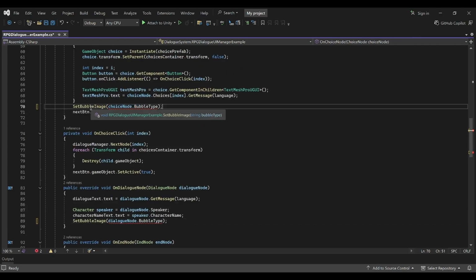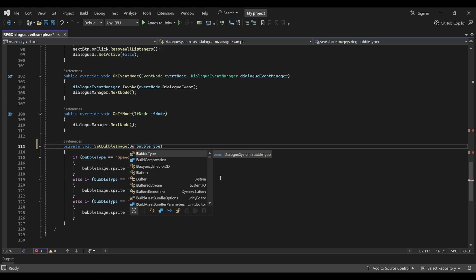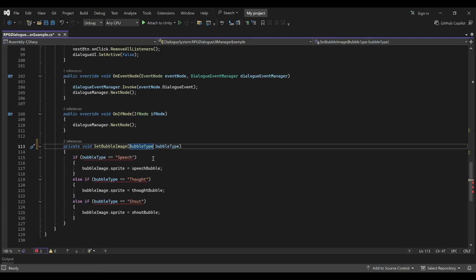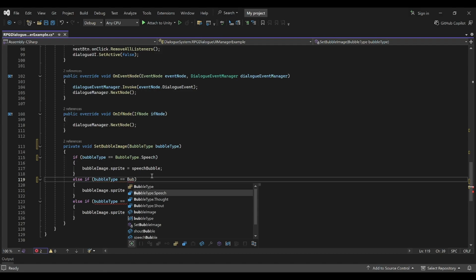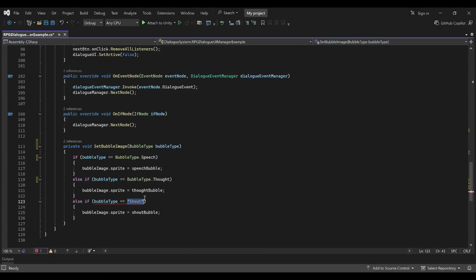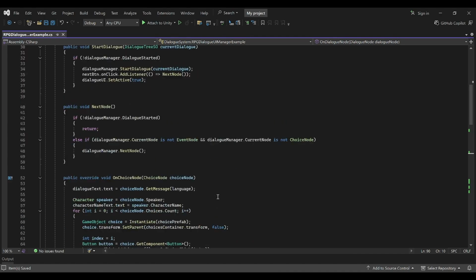but that's simply because the function setBubbleImage, if you take a look, is expecting a string. However, our bubble type is now an enum. So if we look for bubble type, we get this bubble type enum. And now here we can simply change this to BubbleType.speech, then BubbleType.taught, and finally BubbleType.shout. Now if you take a look, pretty much all of the errors are gone,